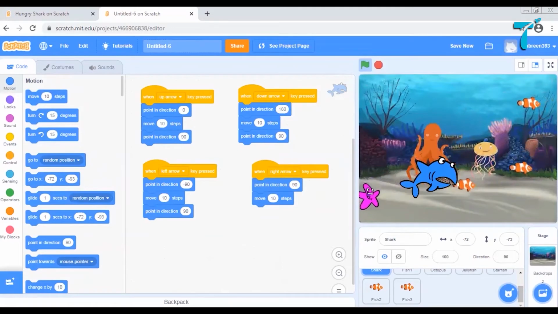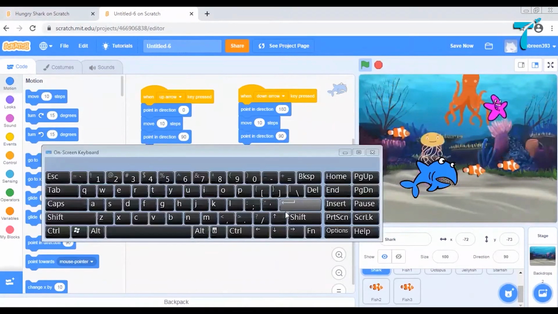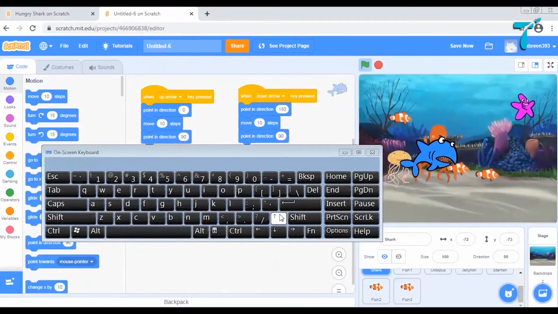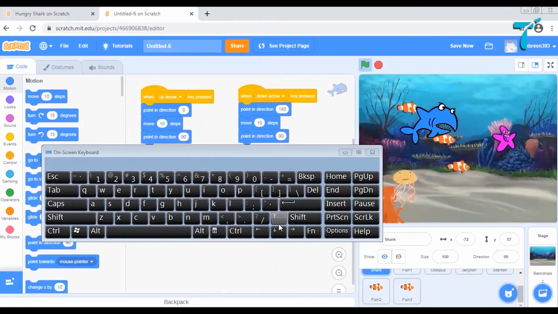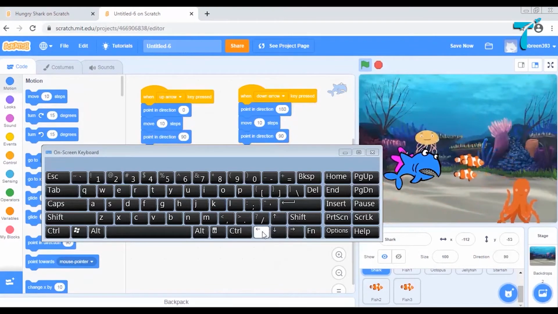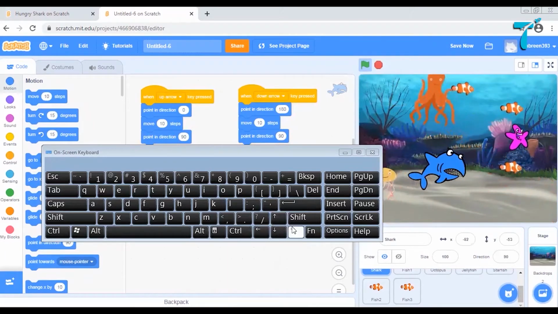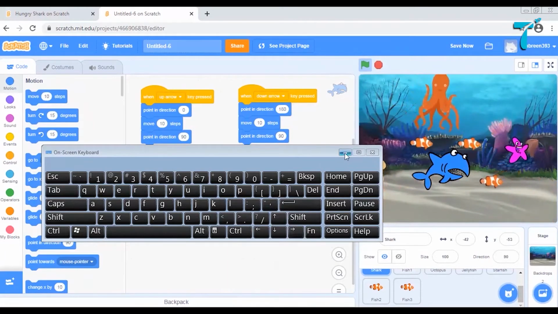So let us see if the arrow keys are working correctly. So my shark goes up on click of the up arrow key, down, left, and right. That is perfect.